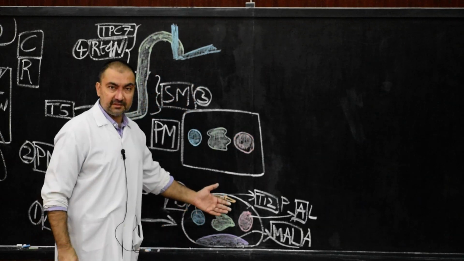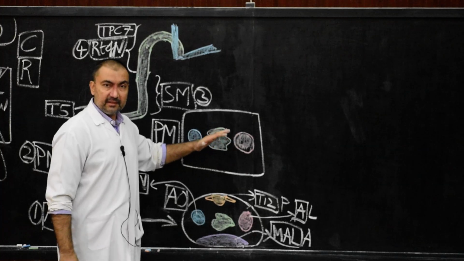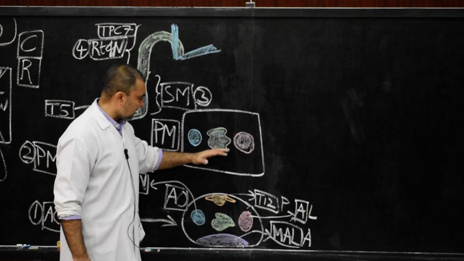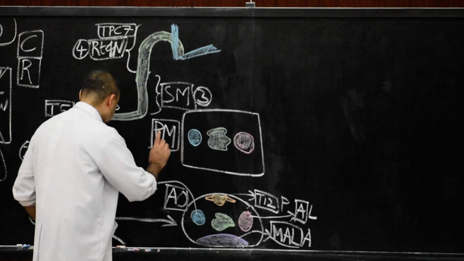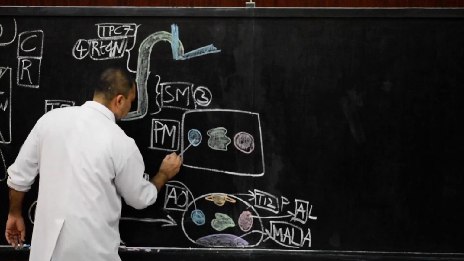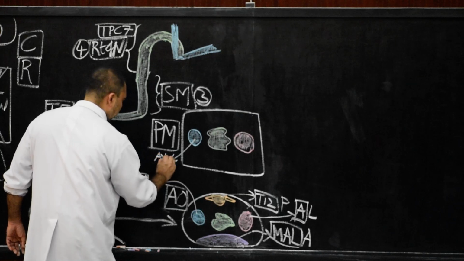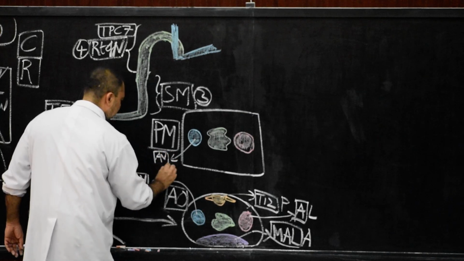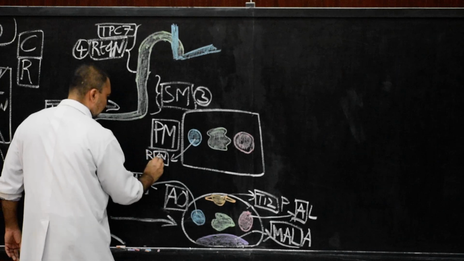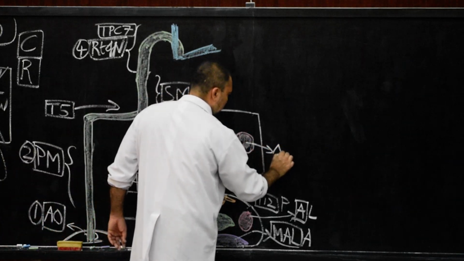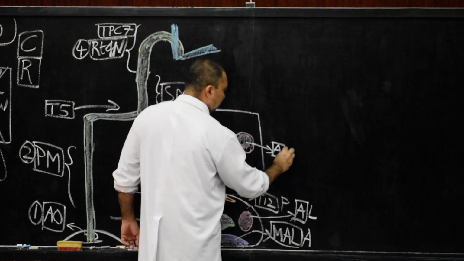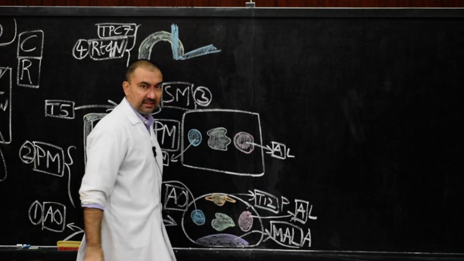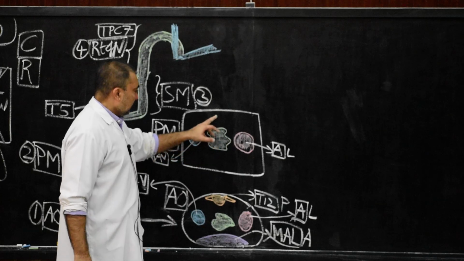Remember, these are the cross sections, and this is an easy way to understand all the cross sections. So left side descending thoracic aorta, on the right side azygous vein, and both the structures you have to mark. So here I will note down azygous vein, and after writing azygous vein, I will write here R. Here also I will write down descending thoracic aorta, and I will write down L, left side of thoracic duct.